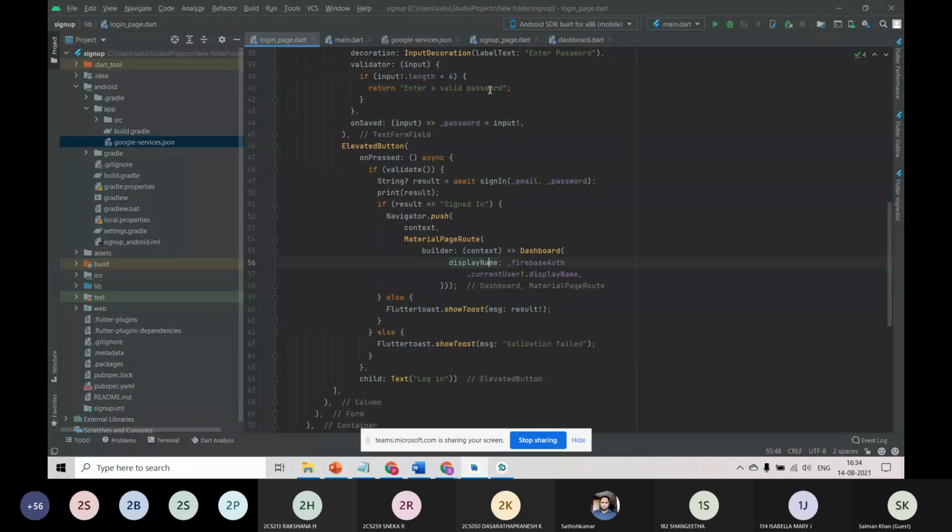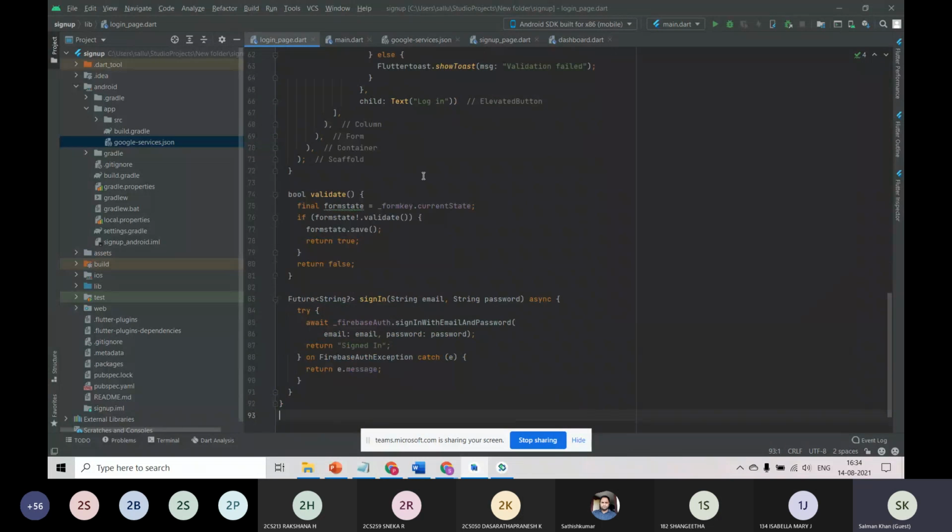The form key stores the entire content of the form fields, for example email, username, and everything. So we first store it in a variable, and the dot validate method will automatically call the validator in all the form fields which we have written. For example, if the input length is less than 6, we throw an error.